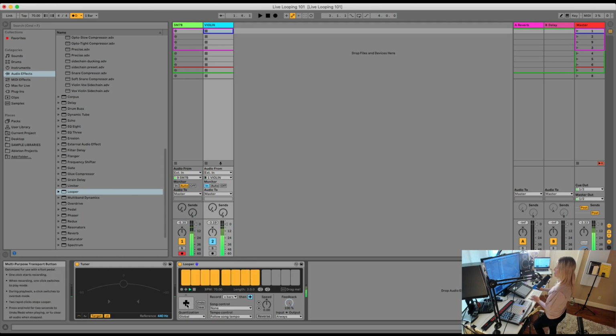And I can toggle between play, and I've got a loop going there. And so that is generally what the multi-purpose button does. And so now if I press it twice, it will stop. And if I press it once again,